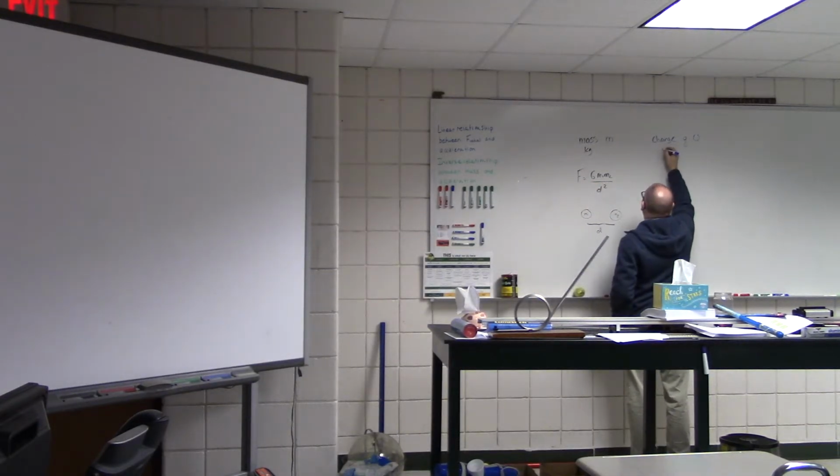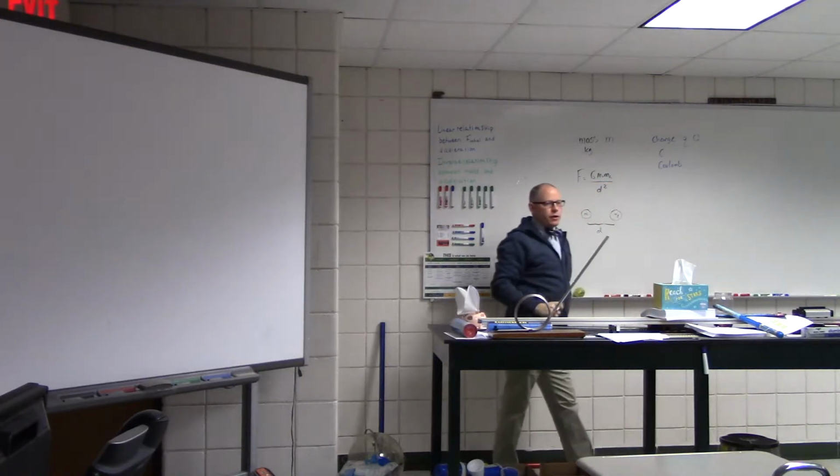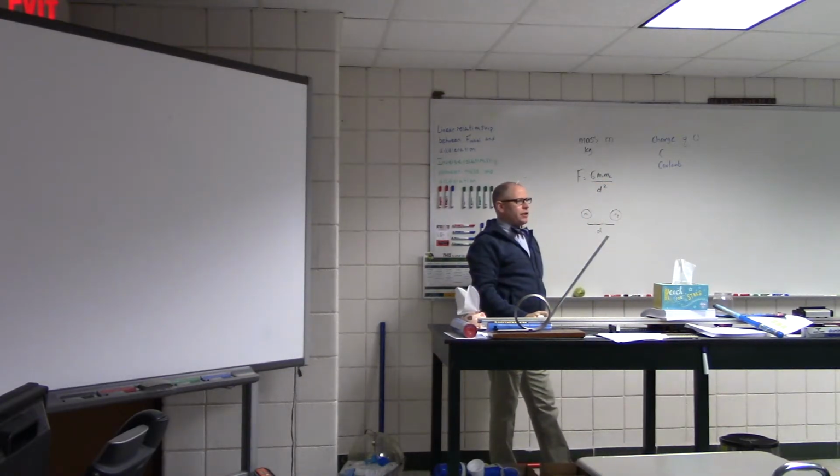We use a capital letter C as the unit. That is a coulomb, C-O-U-L-O-M-B. That's named after somebody, but I'm not that into the history, like Bob Coulomb or somebody. I don't really have any idea. It could be like Peter Coulomb or something. Charles Coulomb. I don't know what his name was.